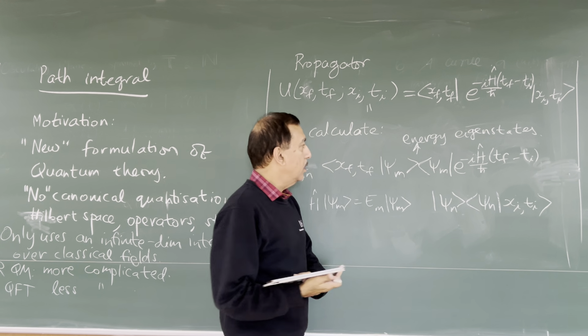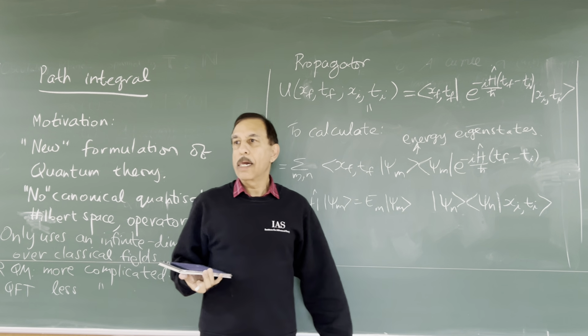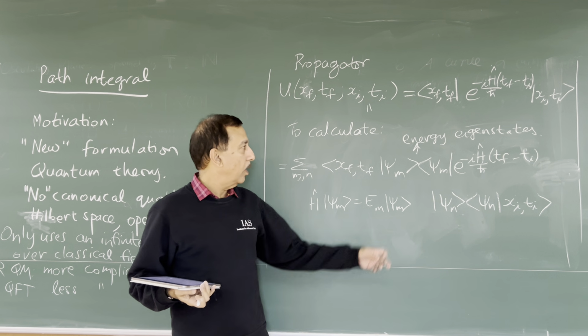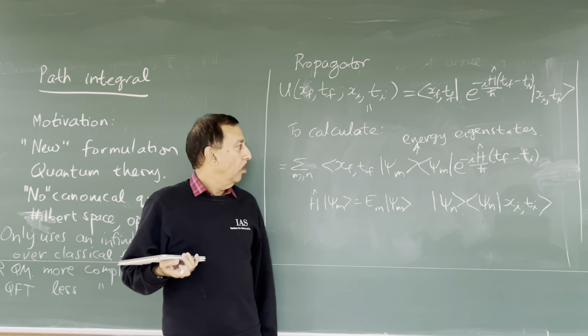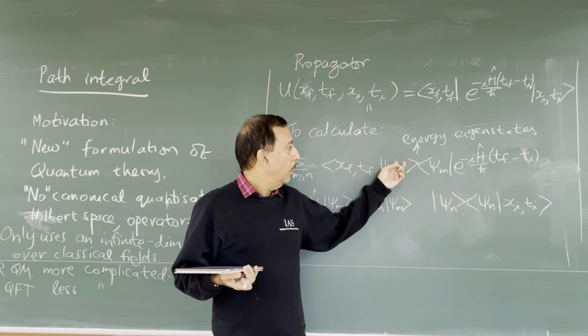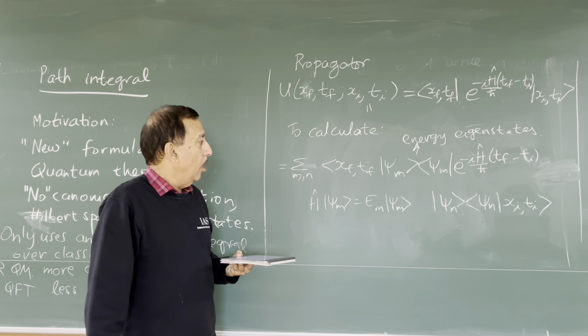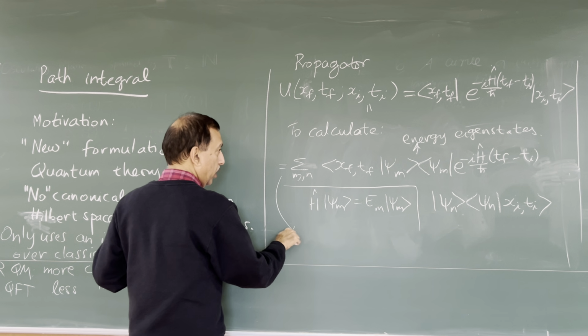Can you think of some reason I didn't put a time argument here and here? The Hamiltonian we'll assume is independent of time, and therefore these are stationary states. So the time doesn't matter. They only evolve by a phase with time, but then the phase will cancel between these two parts, so it's perfectly okay. And so using this relation, we get